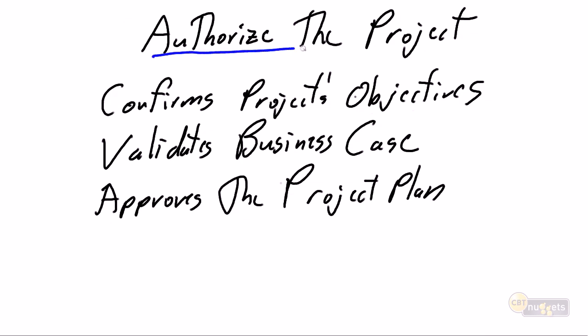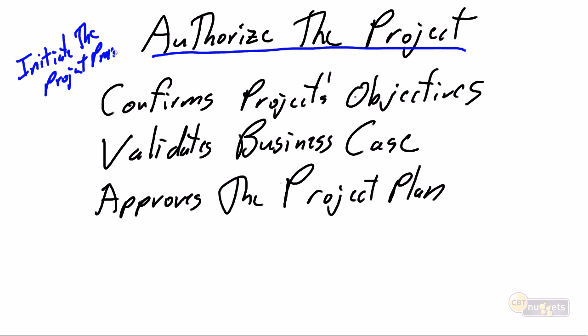Our next key activity that takes place in directing a project is authorize the project. And authorize the project is going to take place after the initiate the project is done. And again, I realize some of these terms are going to get hard to put into context. These are activities that we expect project senior management to be doing. Senior management is going to authorize the project after the initiate the project process.